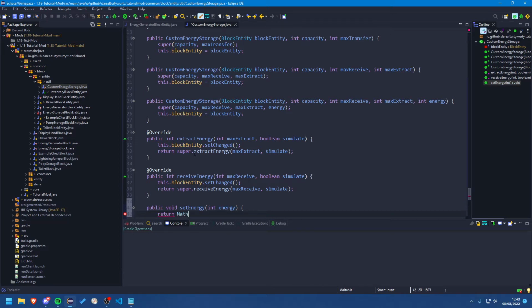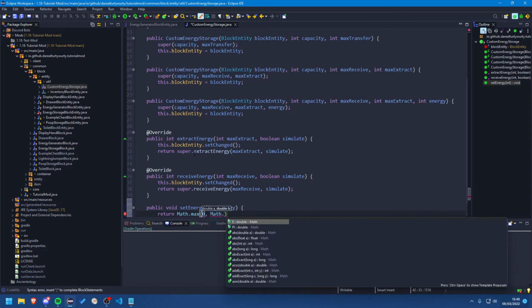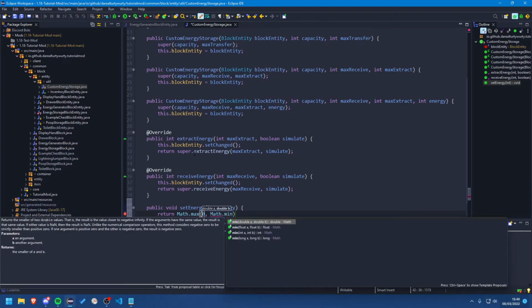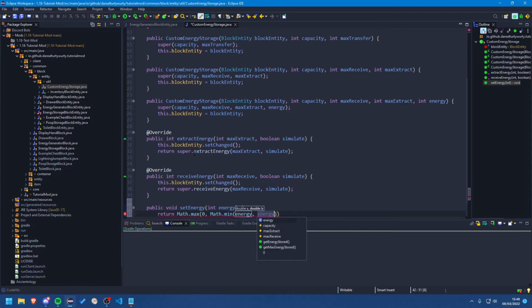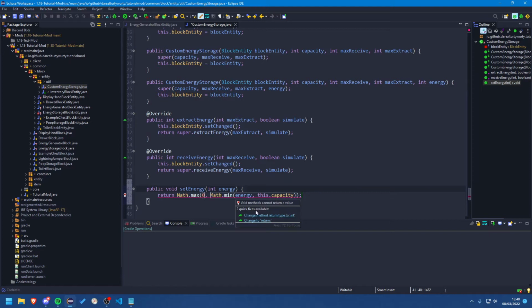So we have to use Math.max, and then the minimum value is 0, and the maximum is Math.min(energy, this.capacity). And we probably have to cast that to an integer, don't we? Oh, I'm returning it. That's not what I meant to do. I meant to do this.energy